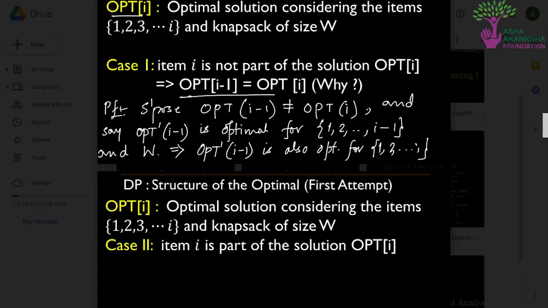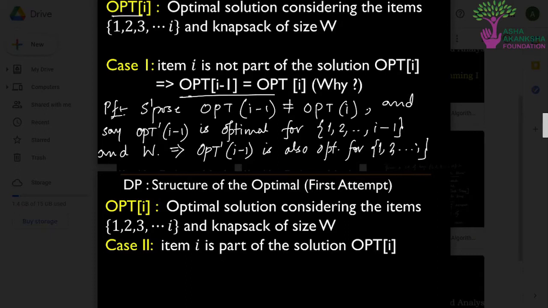Why? Because again, the same logic is that we are not even including the ith item. If we are not even selecting that item for the knapsack, whether that item actually exists or not doesn't make any difference, and hence opt dash (i minus 1) is also an optimal solution for the first i items.